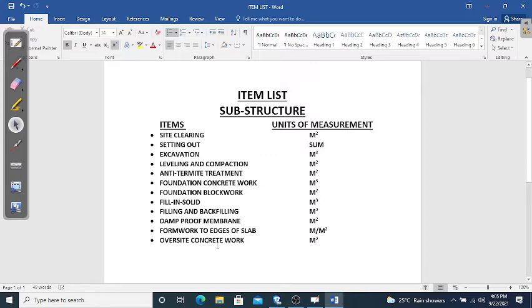That entire unit is your substructure. Your substructure begins from the bottom of the excavation to the final point, to the surface of your oversight concrete. Your superstructure begins from the oversight concrete to the roof. With that being said, this item list is created for the substructure, because substructure ends at oversight concrete. That is why the item list here stops